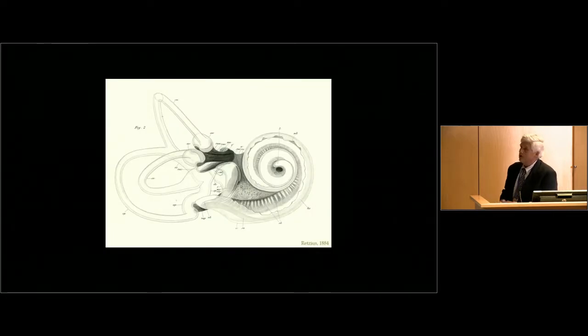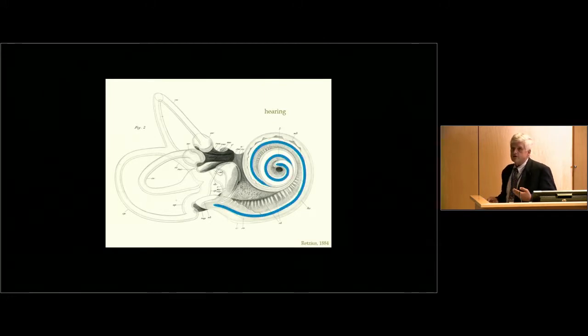Here's a beautiful engraving from a 19th century anatomist. And you can see that there are actually 2 different, as I said, 2 different organs. So on the right side, there's the cochlea, this snail-shaped structure that gives us our sense of hearing. And if we were to look inside it, and I'll show you this, there's a ribbon of very sensitive cells that can convert the vibration of sound into an electrical signal that the brain can understand. And over on the left are the organs that give us our sense of balance. There are 5 of them, and each one of them also has a patch of these same mechanically sensitive cells that convert a mechanical stimulus, in this case head movements and so forth, into a neural signal that the brain